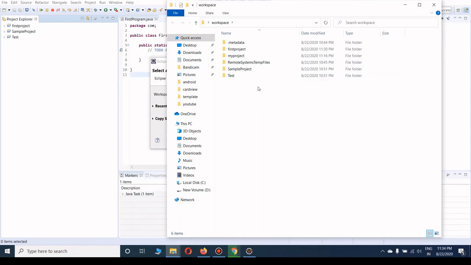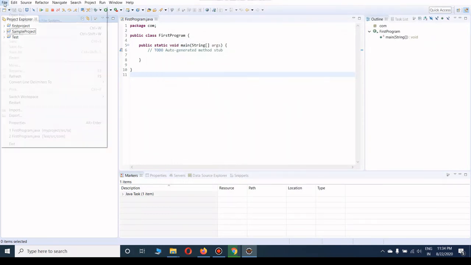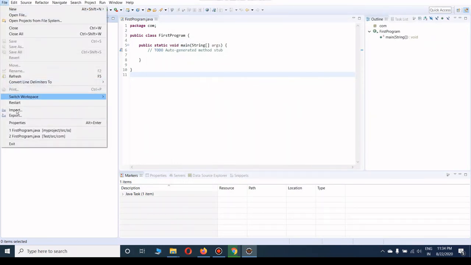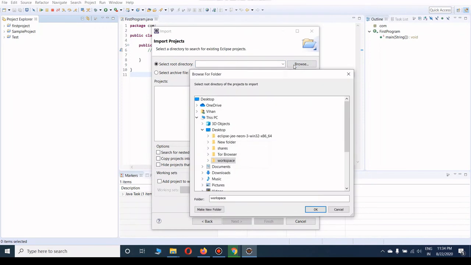Okay, suppose I want this project back in the Project Explorer window. We can do that by importing the project. So for that, just click File, Import, Existing Projects into Workspace. It will ask whether that project is present in the workspace or not. If not, select Browse and go to the other location where your project is present.